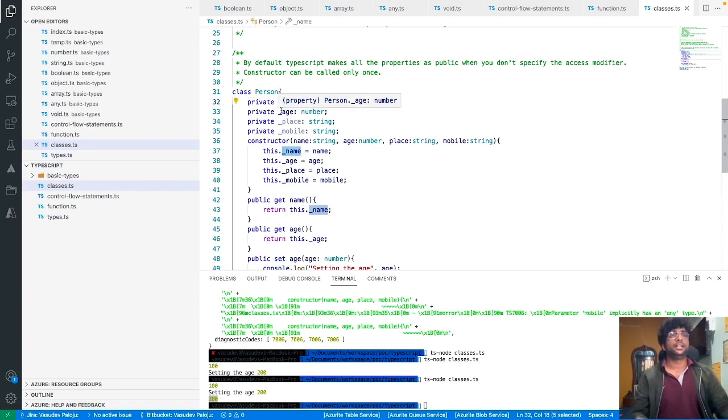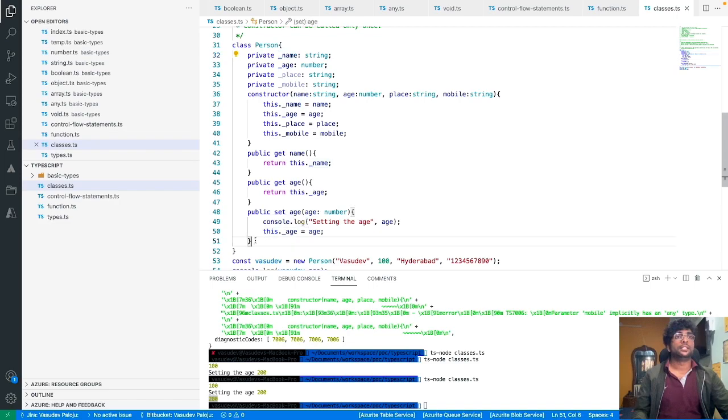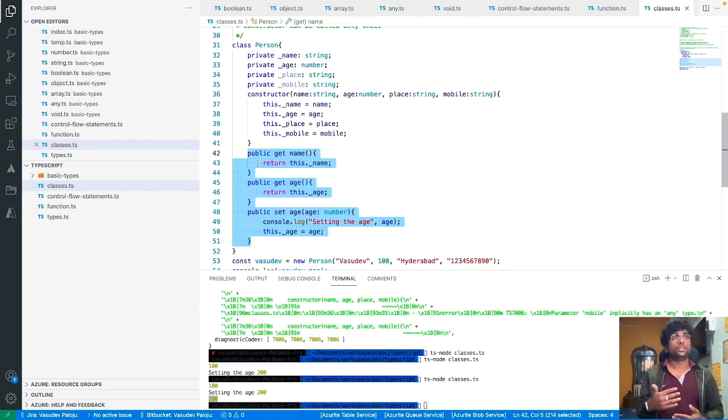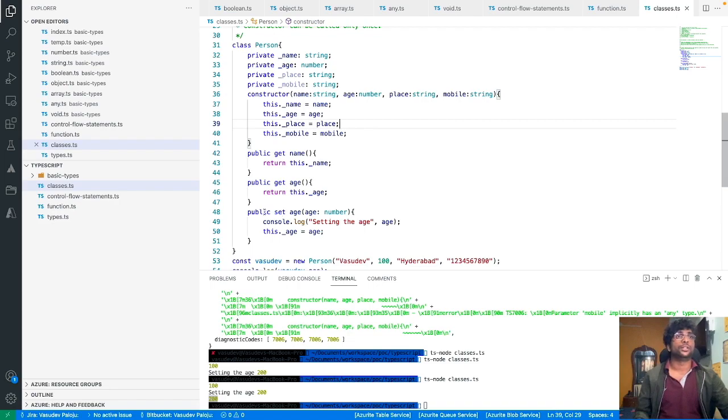Though you have made your elements private, this is how you make them accessible, or you define methods, because methods are in your control. So you know what values are changed and how you are going to change them. So sometimes maybe this age has a restriction so that you don't want a person below 50 years or above 100 years. So you can specify those restrictions over here, saying that